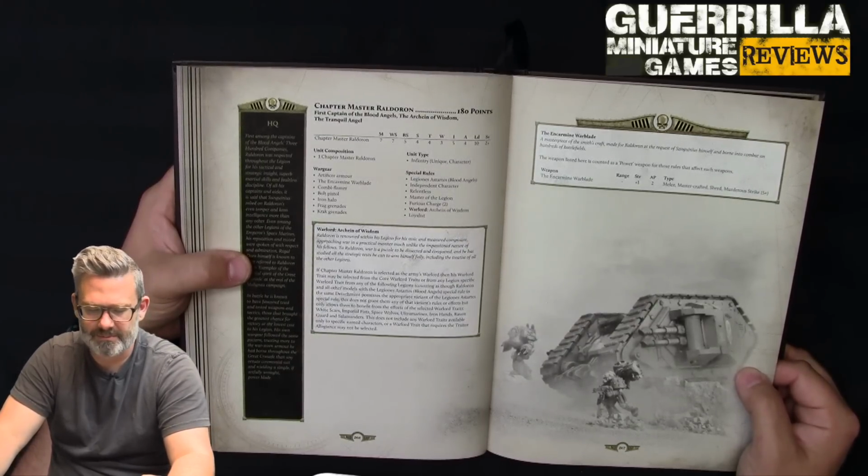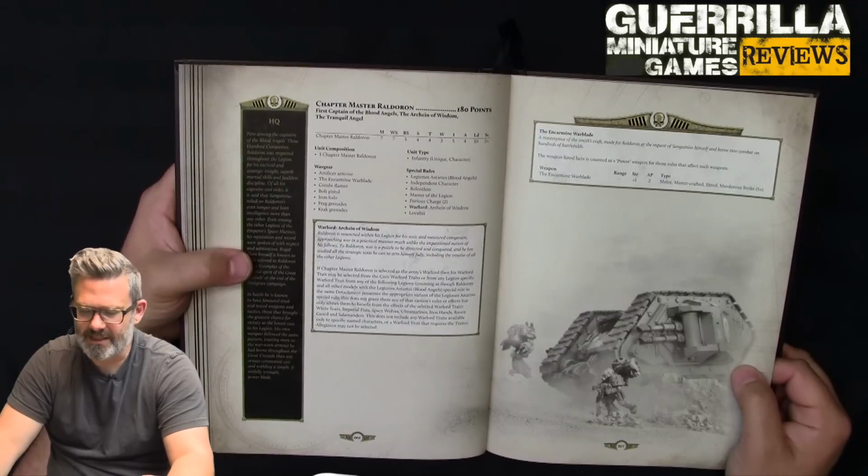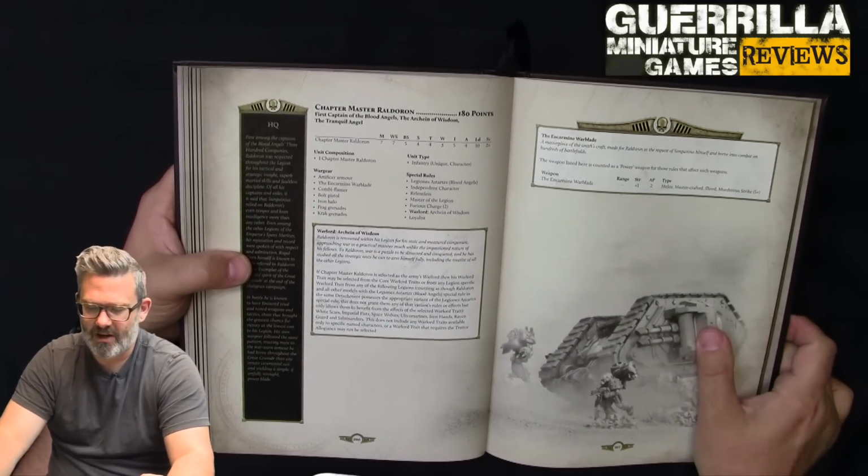Basically a super Paragon weapon. Iron Halo, Frag and Crack Grenades, Bolt Pistol, and a Combi Flamer. He's Relentless, independent character, Master Legion, Furious Charge 2, and his Warlord trait is the Archine of Wisdom, and he's